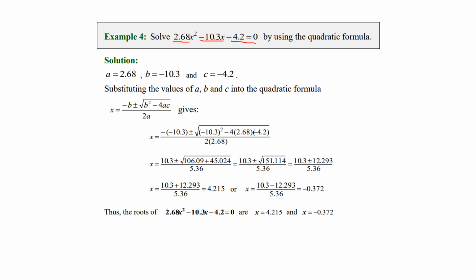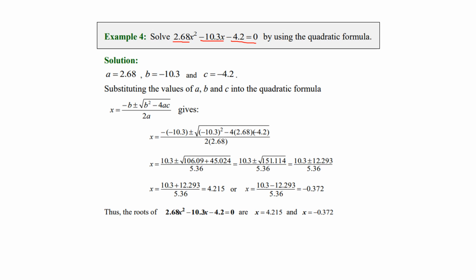The whole term divided by 2 times a, which is 2.68. And remember, because we have a square, whether b is negative or positive, we always get a positive value in the root for the first term. But the second one depends on the a and c values. Here c is negative, so we already have a negative, so the negative will become positive, and when you multiply them